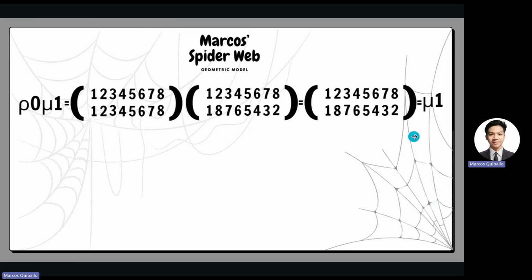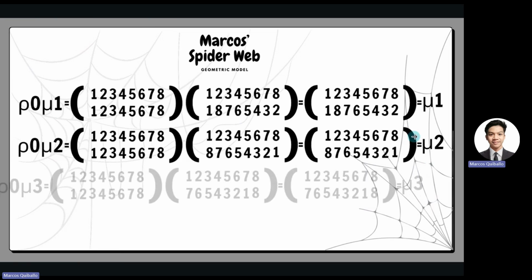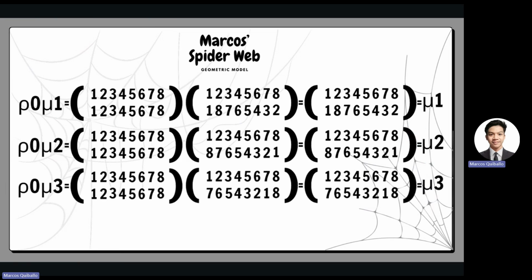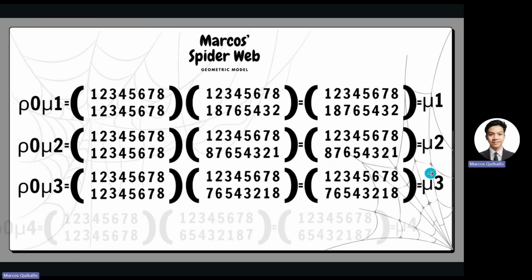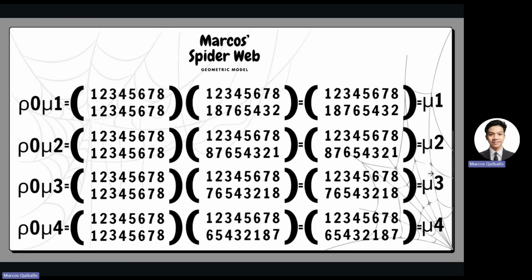So for the other example, again, we multiply row 0 by the examples mu1, mu2, and mu3. Again, our procedure is the same as what we used to obtain the result, which is 1 is mapped to 1, and we look for 1 which is mapped to 1 again, so 1, 1. So 2 is mapped to 8, and 8 is mapped to 8 also. So this is the result.